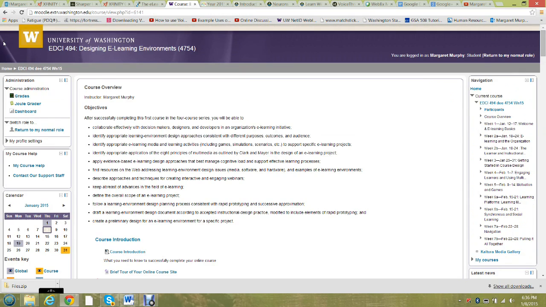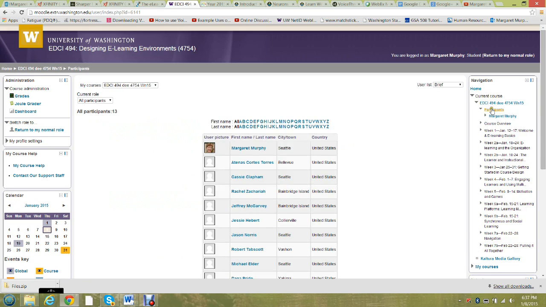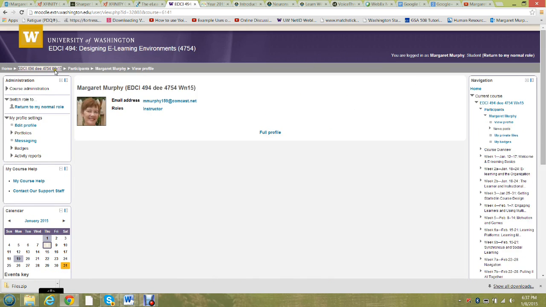The forums will send postings by all of your classmates directly to your email account. Some people love this. Other people, it makes them crazy. So I just wanted to let you know that you have options here. So if you go to participants over here in the right-hand column and click on your name, edit profile,